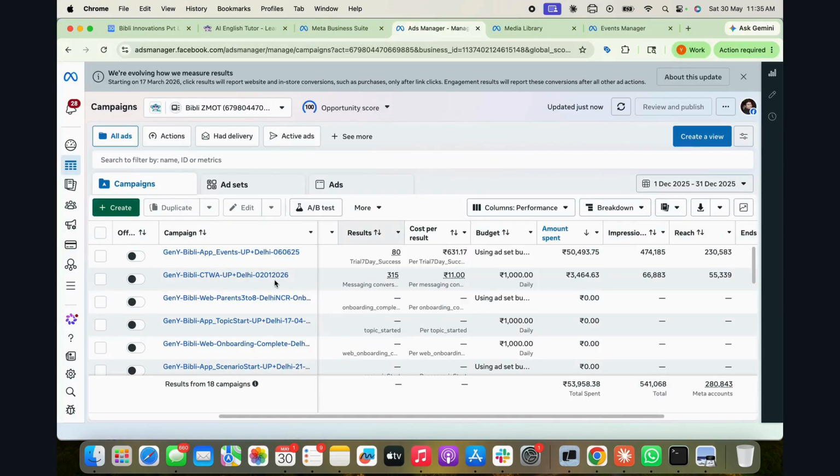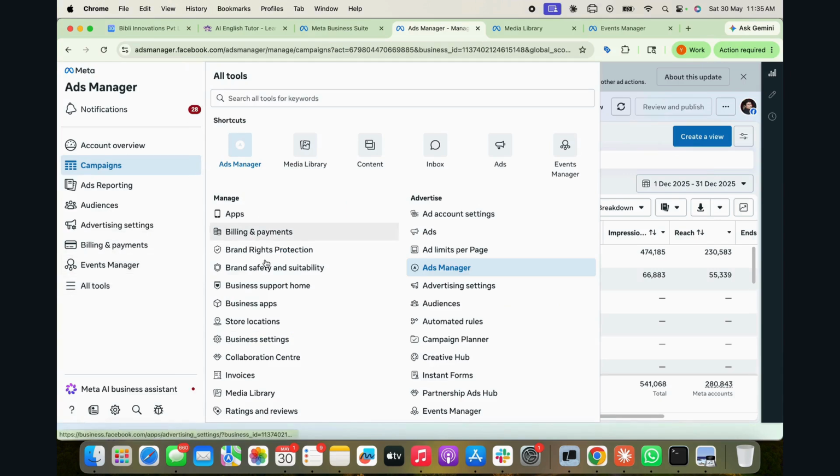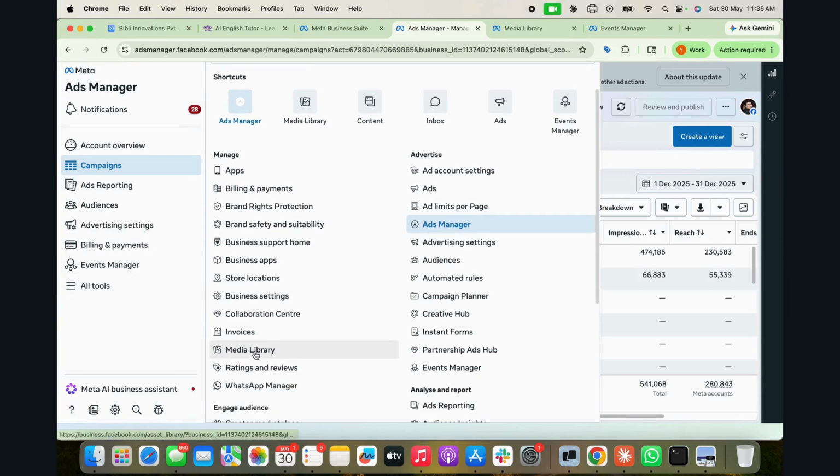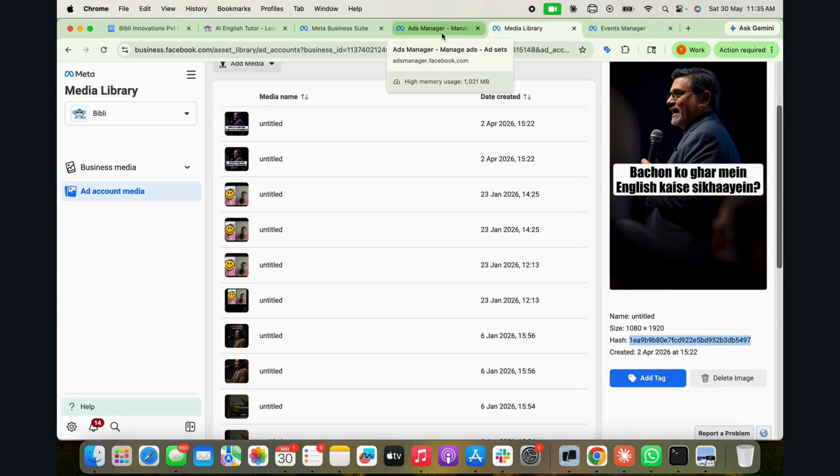Okay, so this is a typical Ads Manager. If you go to Tools, there is this media library over here. In Manage, you can find this media library.